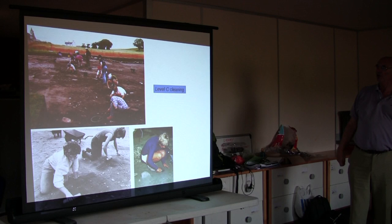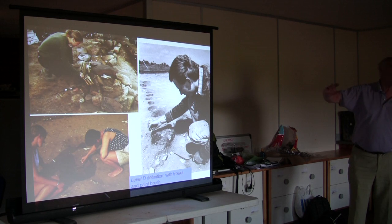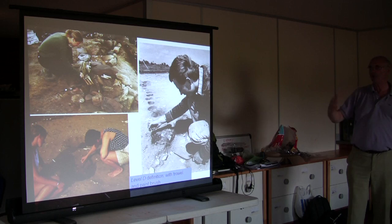Next one. So we go through there. Okay, now we're level cleaning here. Level C cleaning with trowel and brush. Next one. Different sites. Now we're starting to do it in very much more detail, using trowel and time really to try and get a beautiful definition. Next one,